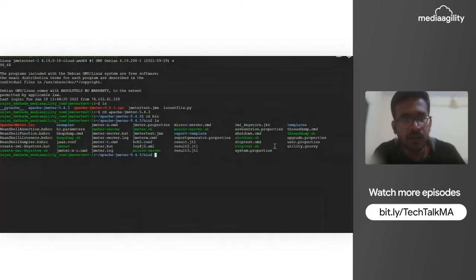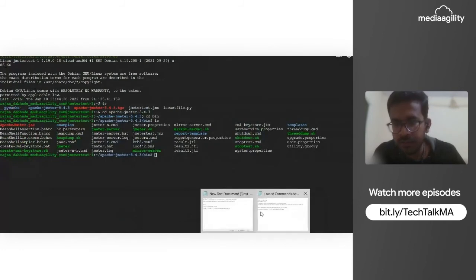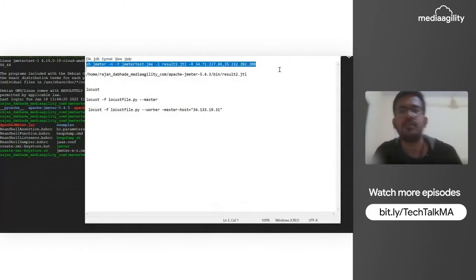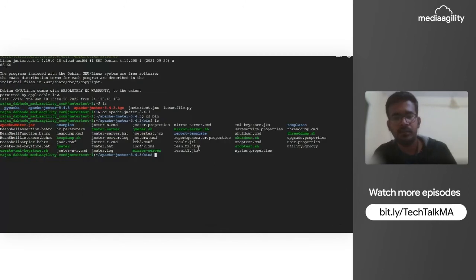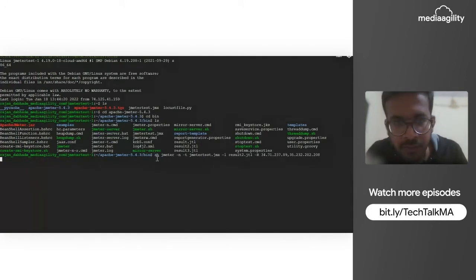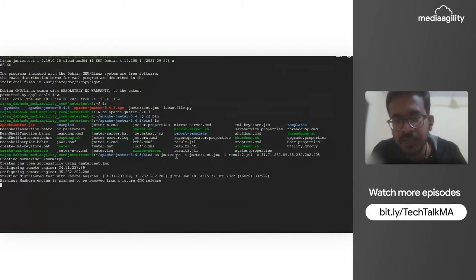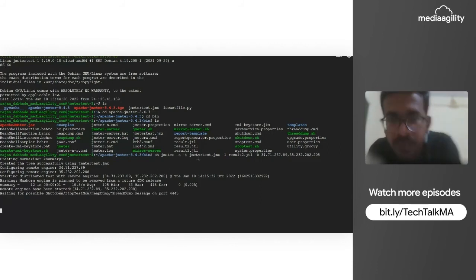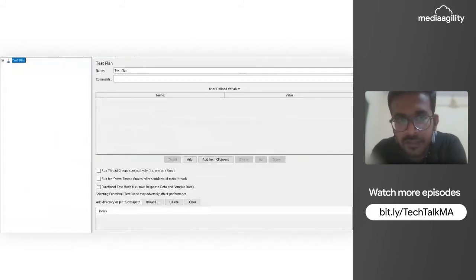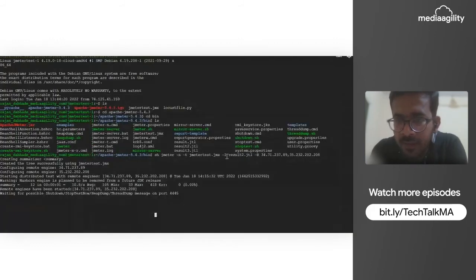Now on our master machine, we need to enter a command. The command is in this format. I'll explain the command. Basically this is sh jmeter -n to denote that we are using command prompt for initiating our JMeter test, -t for our JMeter test.jmx file. So this is our JMX file which we configured using our JMeter GUI test plan, and this is our result